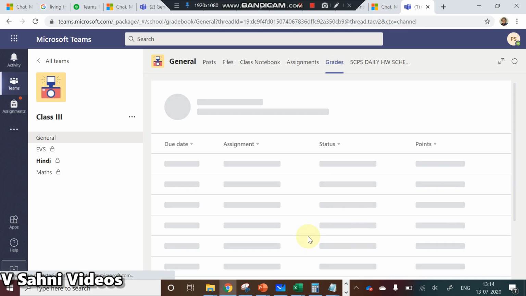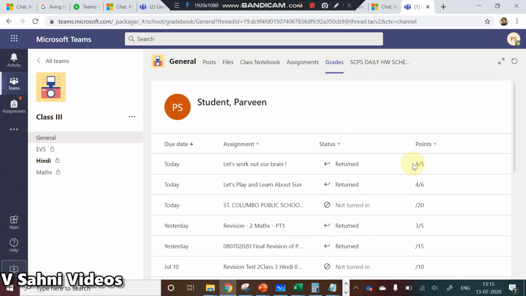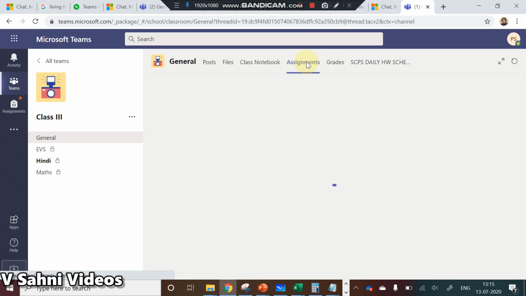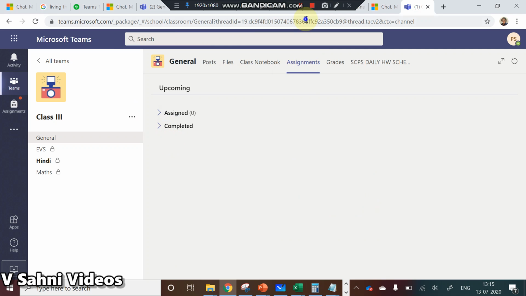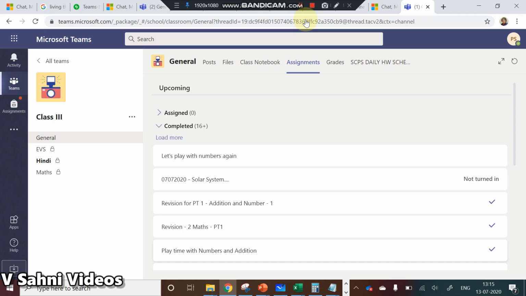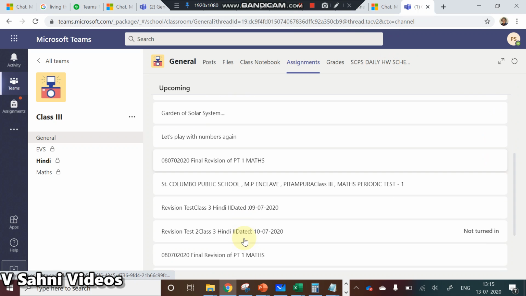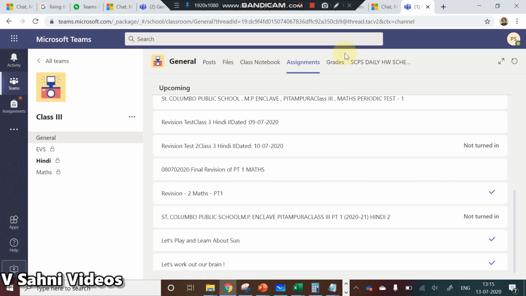In the grades you can see a history of all the papers that your child has done, and whether he has returned it or sometimes has not returned it. All those things you can clearly see here. So this is actually a history of your child's papers. Having said that, both tabs are important, assignments and grades. In the completed section you can see the assignment, and then you can go to the particular assignment and see how much mark the child has scored. And in the grades it's just a full summary. Both these options are available.